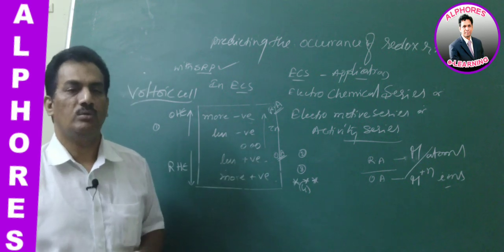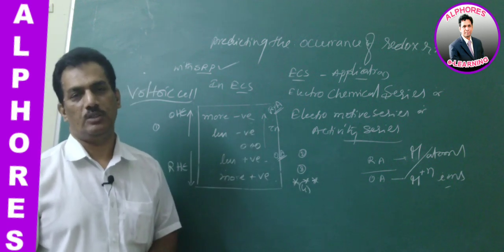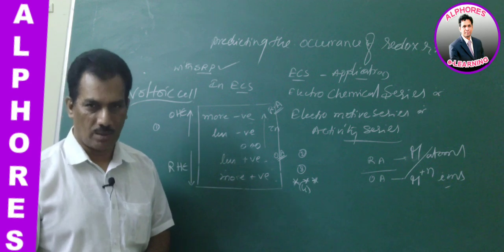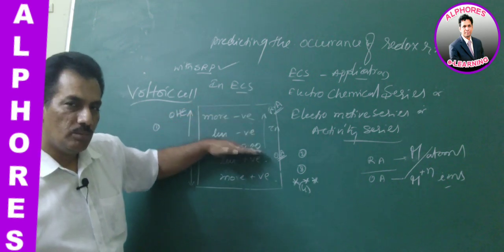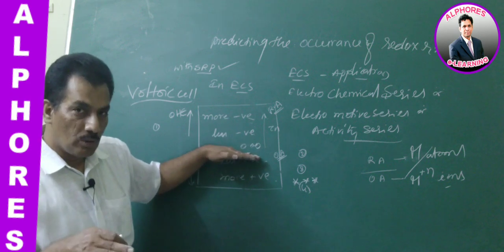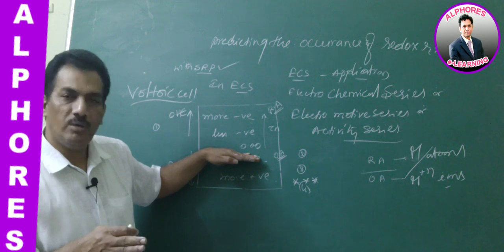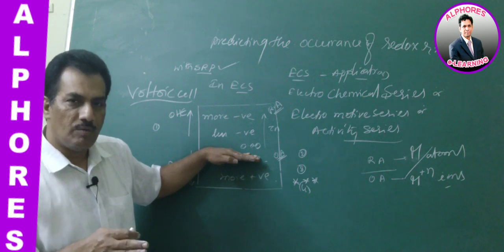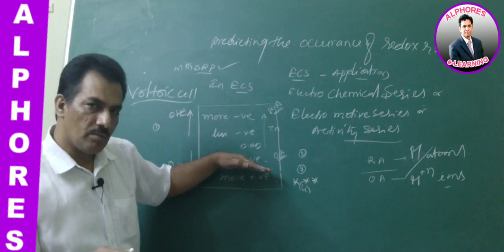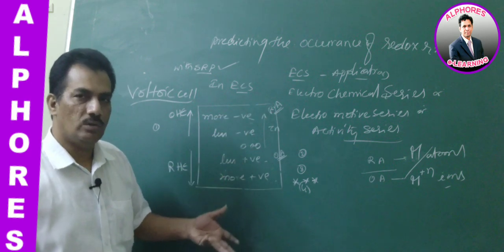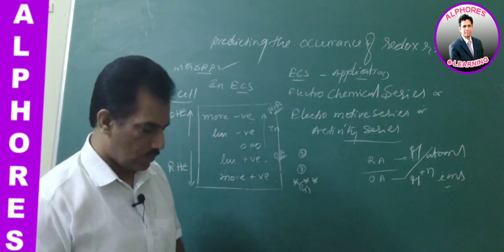Zn is going into Zn plus 2, whereas Cu plus 2 is deposited in the form of copper. So altogether, the above metal can displace the below metal from its salt solution. You have to observe that. And when they give questions by providing the SRP values of different metal electrodes, just after arranging them, you have to guess from these values which can displace which atom or which ion. That is one more conclusion.